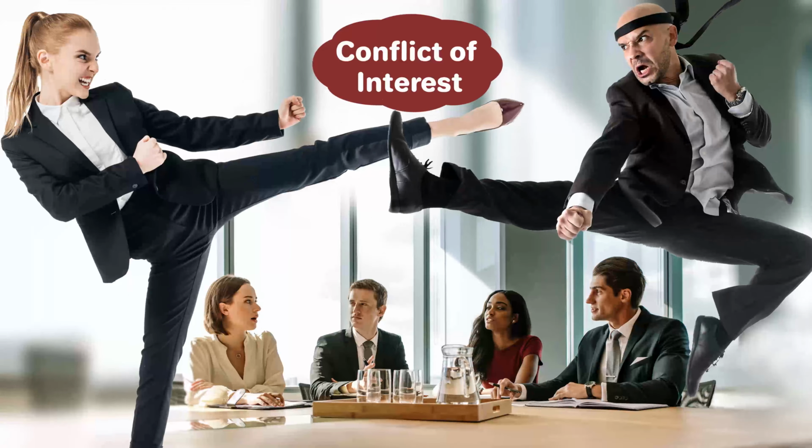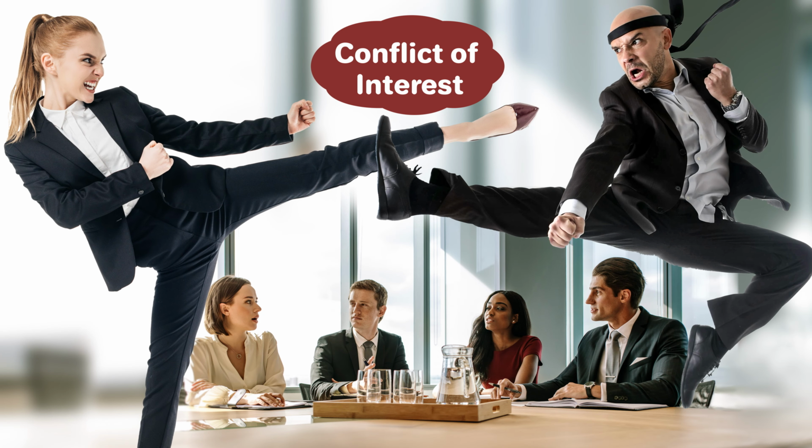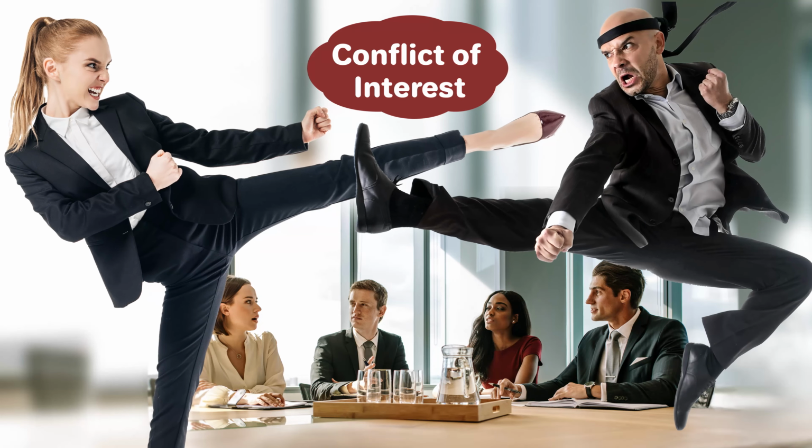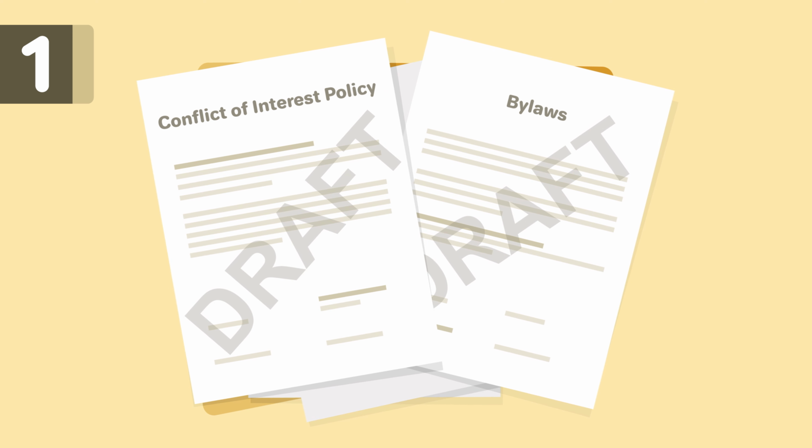The conflict of interest policy are the rules set to ensure that decisions being made for the nonprofit are based on what is best for the organization and not being motivated by what is best for individuals. You'll want to make sure you have a draft of both the bylaws and conflict of interest policy before your